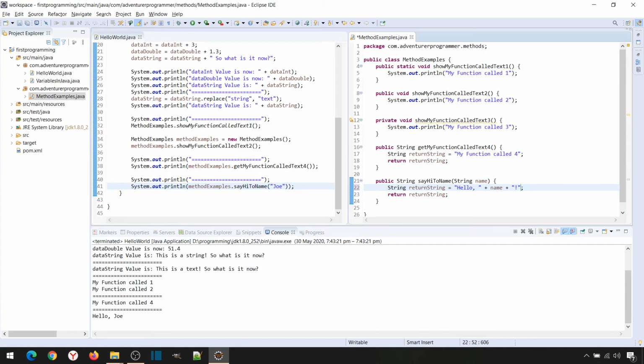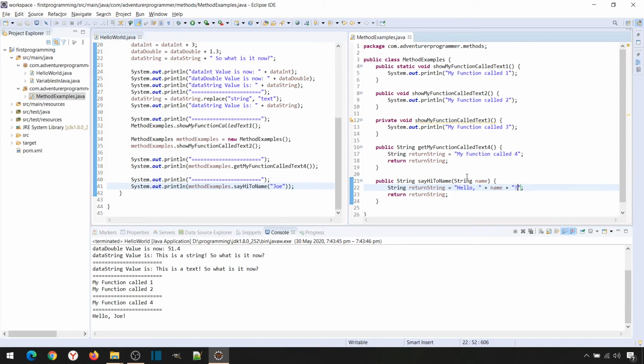Hello Joe. There you go. So let's try it out again. And it looks like this programming code is happy to see Joe because there's an exclamation point. There you go. So these are arguments, but arguments we can pass